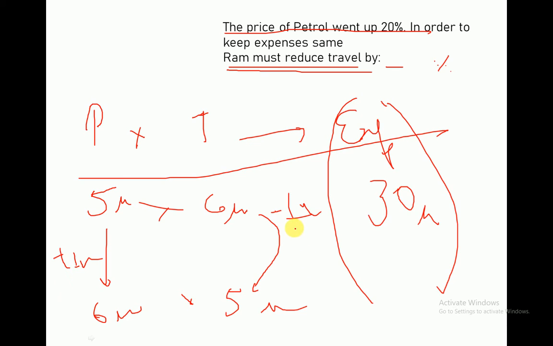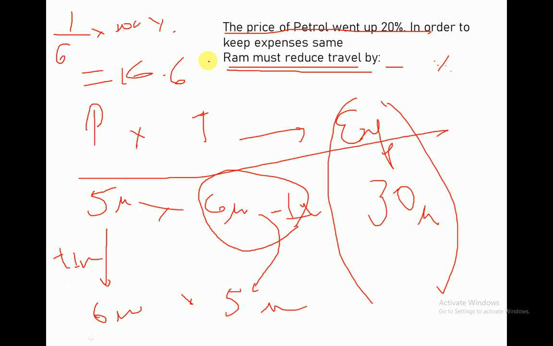Okay, so as I said in the example, a 1 unit change on 6 units, so the change is 16.67%. I hope I don't have to repeat this one, because it's the same example that I took earlier. So this is the concept and this is the answer. Okay, so let's move on to our next one.